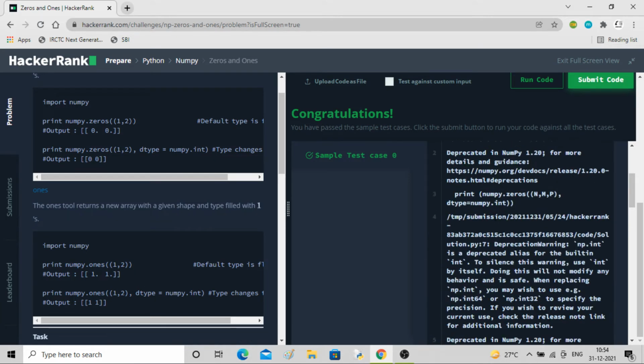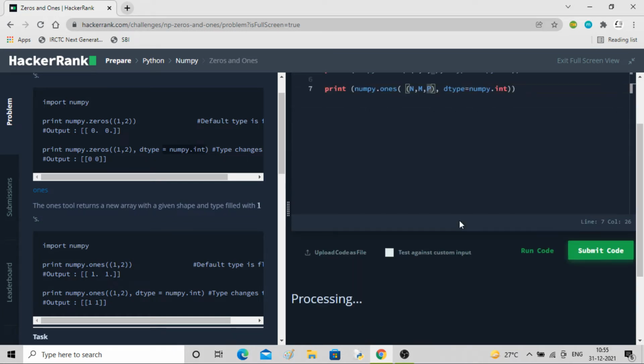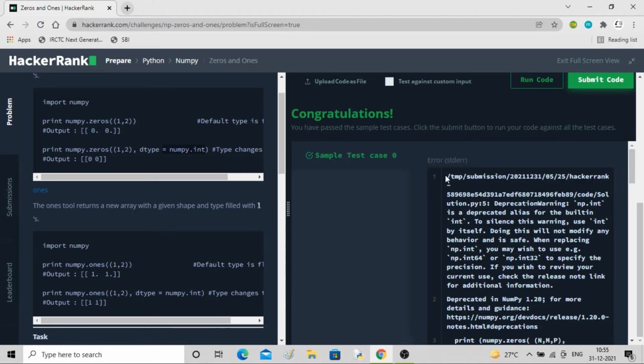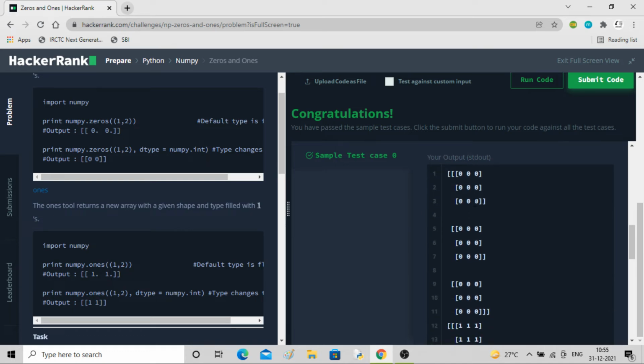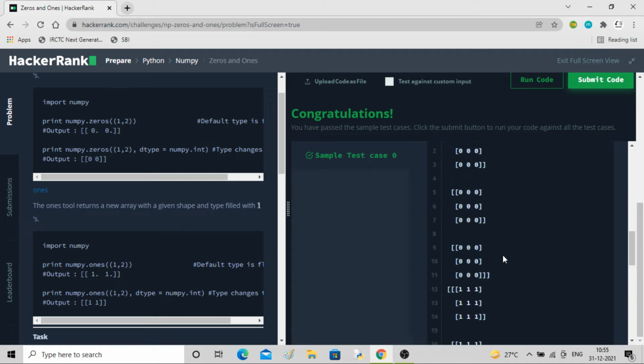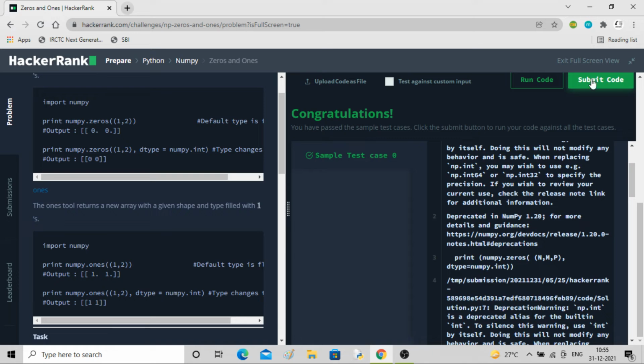Inside ones we have to give the same. Yes, it is correct, dtype numpy.int. This is what I've written, so what's the problem then? Input, split, map. The sample test case passes. It is showing a deprecation warning, I think. Let me submit it.